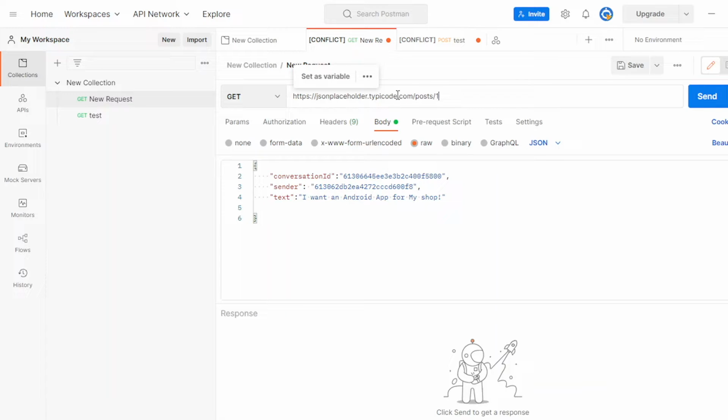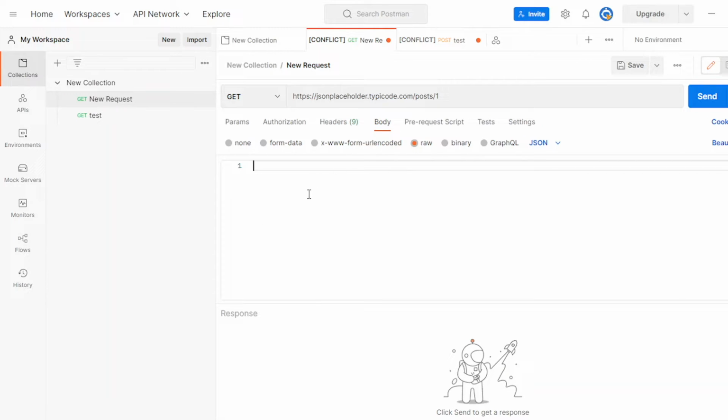I can paste the endpoint, and these are the different options we can set to this request. For example, we can set headers, we can set body and other things, but in the get request we don't require any of that, so we'll not be doing this. So let's make the request. This is the previous thing which I was working on, so you can ignore that. If I click on send,